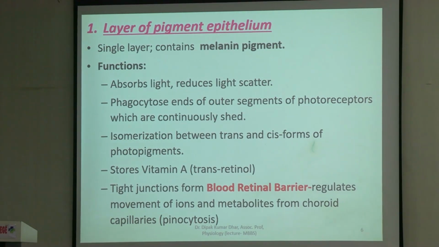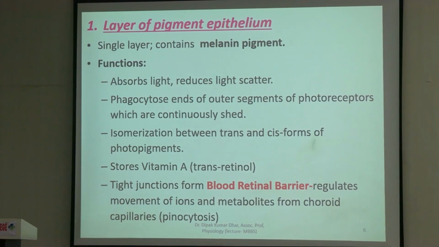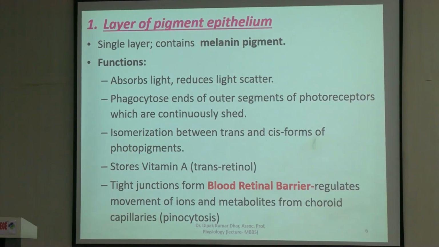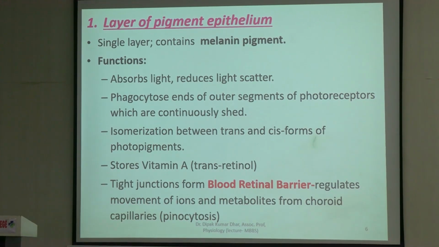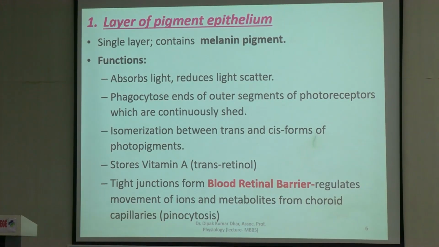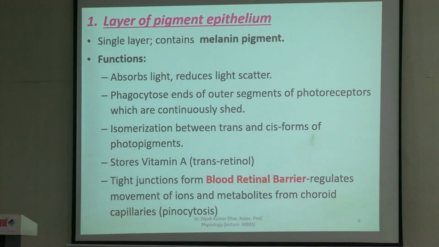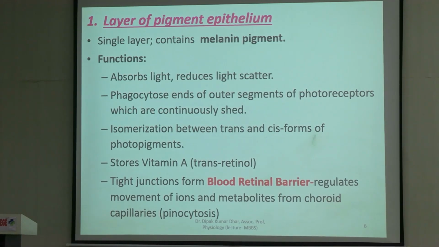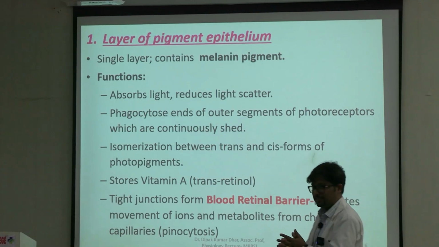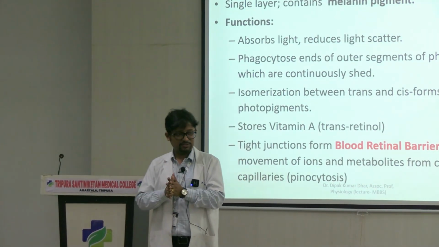What is the function of pigment epithelium? So pigment epithelium का main function is it's absorbing light. If light is not absorbed, it keeps on scattering, reflecting throughout the eyeball, and you will have glare. So in the absence of pigments of the pigment epithelium, as happens in patients of albinism, they have glare, difficulty in observing things.